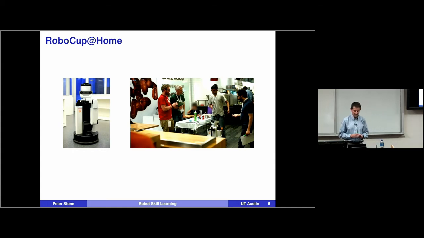The rule book is very aligned with the kinds of things that you're doing, and there are challenges exactly like I said. One of them from last year was unload groceries. There's a bunch of items on a table, and you need to put them away on a shelf where you have to put similar items near each other, but you're not told what it means for items to be similar. So the robot has to have concepts of what it means to put things away in the right way. You have to open a dishwasher and put dishes away. These are skills that we want general purpose robots to have.